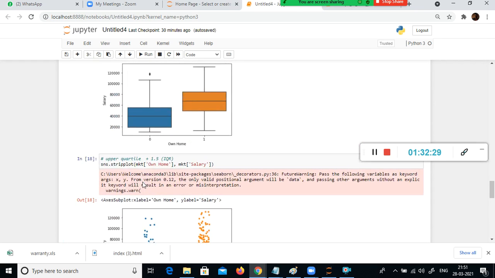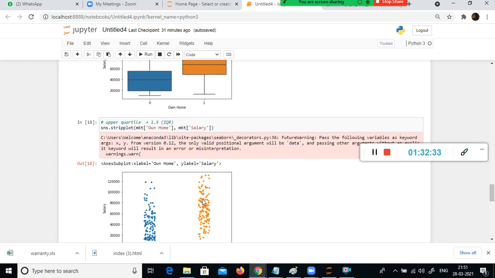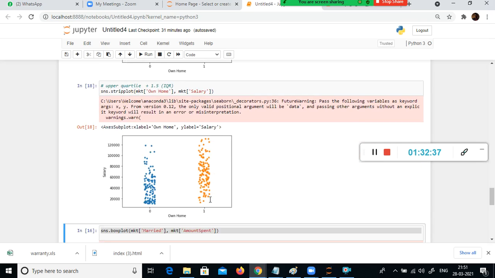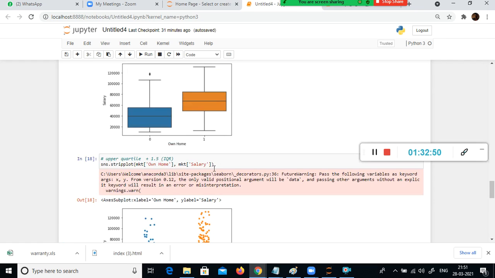Up to 60,000, correct, up to 60,000. But here, if you look at this one, up to 80,000, but within this where the density is very high, that is what we can see here. But here it is too scattered. Obviously it is not that much, right?